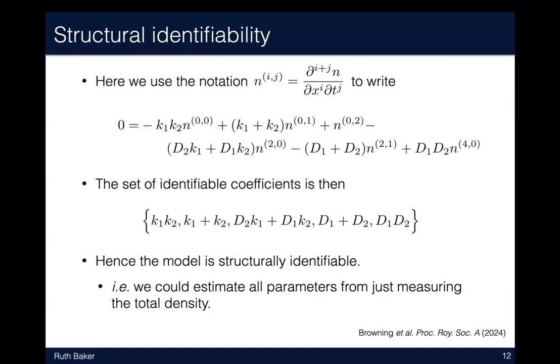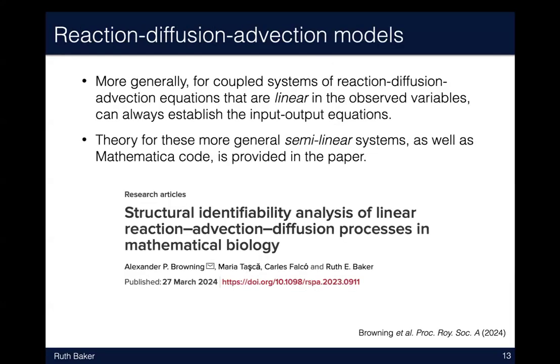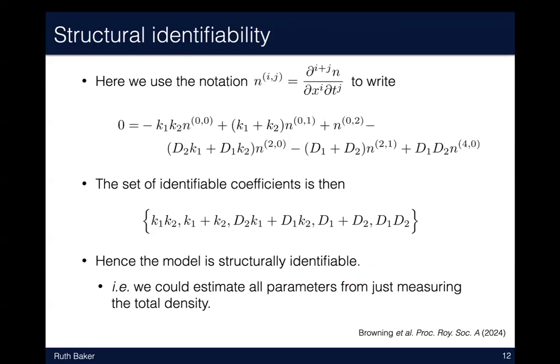So that's a sort of useful thing to know. It's a very simple model, it's linear, but I can still deduce that. So in this paper in Proceedings A, we could show that more generally, if you have a coupled system of reaction, diffusion, advection equations that are linear in the observed variables, then you can always establish that input-output equation. So you can always reduce it to